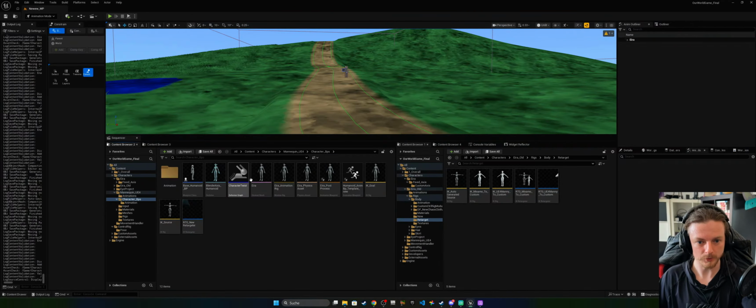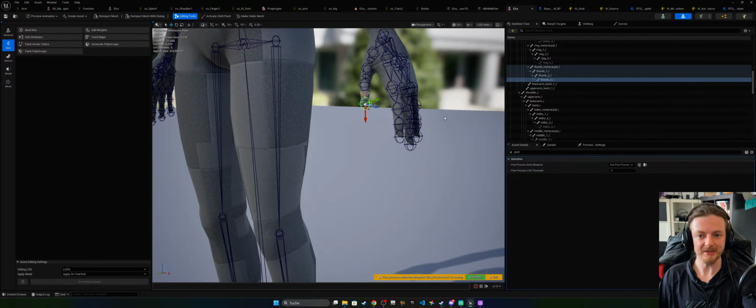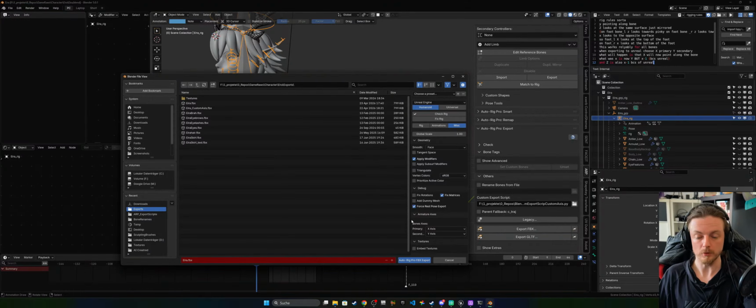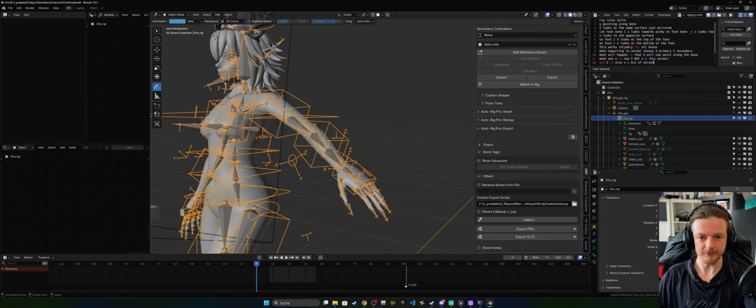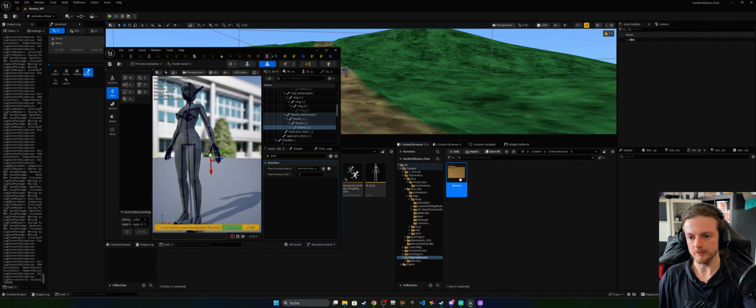I have one that I exported from Blender where I'm using actual Blender axes. The only thing I changed on export was that the primary is X, because Unreal, with a lot of things, expects primary to be X, secondary to be Y, but I did not do any weird rotation stuff that would change it any further beyond that. And the other rig I have is the